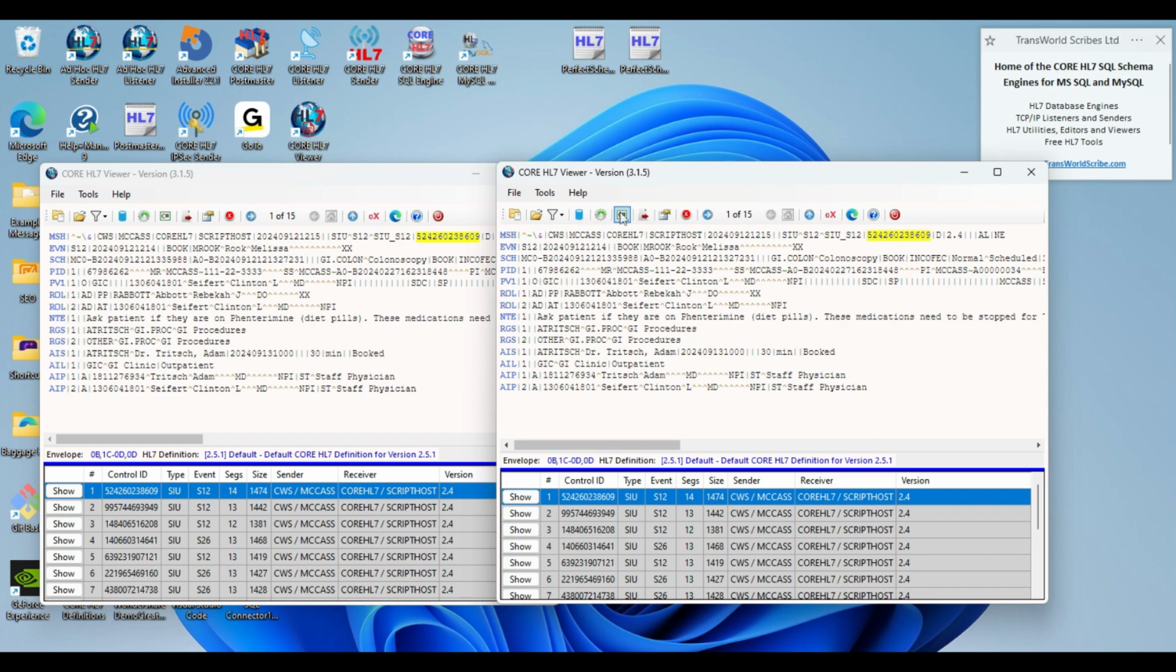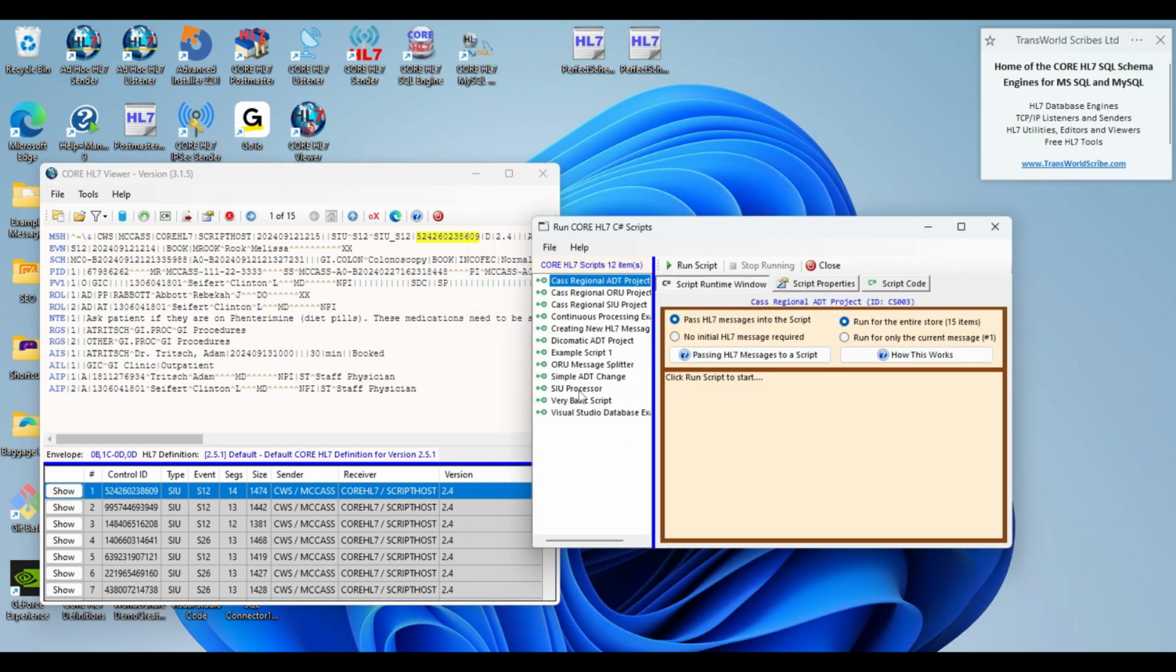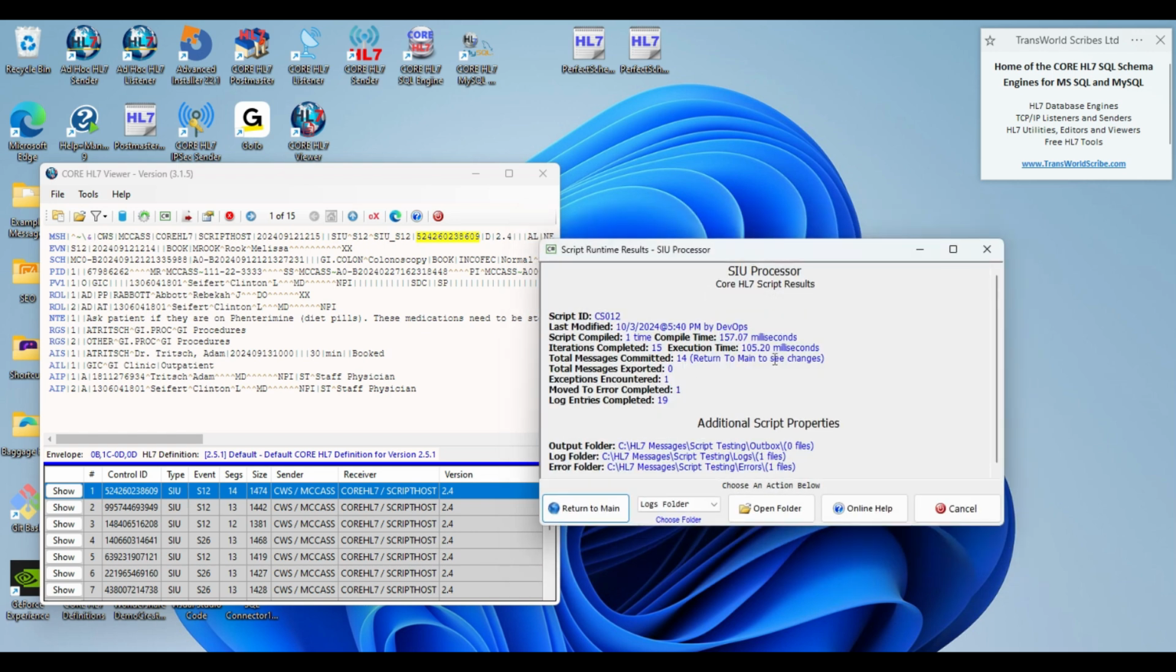I'm going to run it real quick. And there it is, my SIU processor, and run the script. There it is. It took 1/10 of 1 second to process these 15 messages. It processed 14 of them. There was an error encountered on one, and it moved it to the error folder. I could go look at this and open that folder and it would show me,